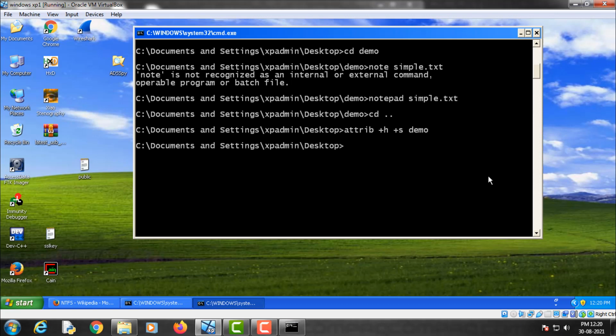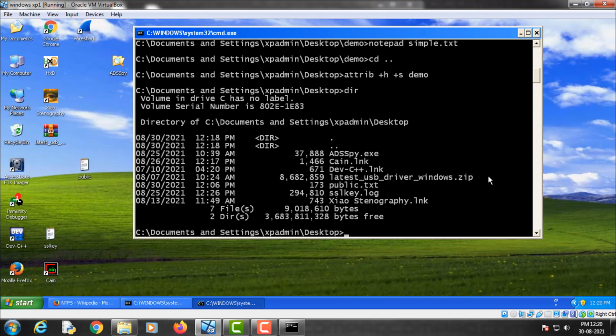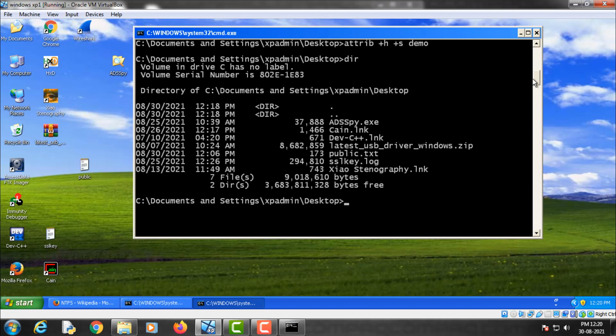And now if I type dir command, you won't see this demo folder on the desktop. So how can we discover this hidden folder on Windows machine? To discover such folder, you need to know the name of the folder, for example, but there is one vulnerability.